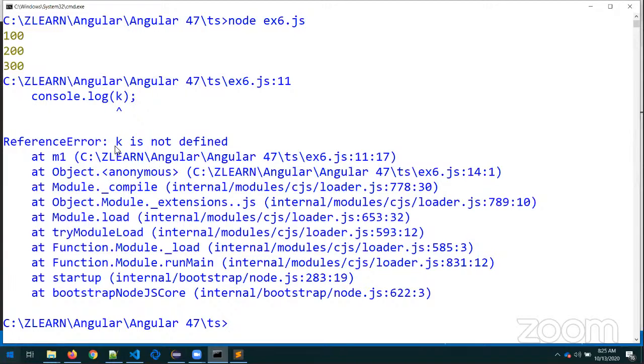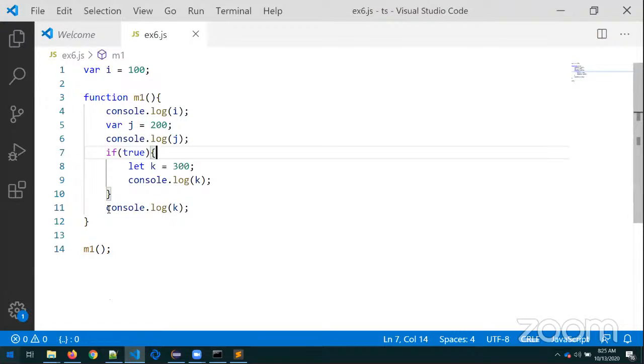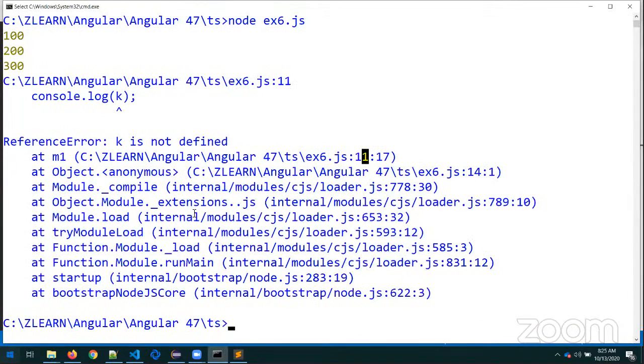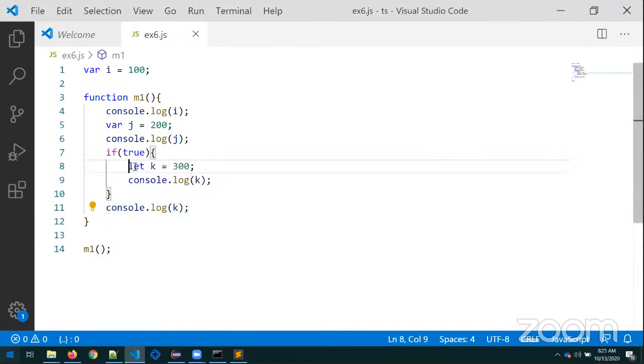So see, this is what you expected or no? At what line? 11th line. In the 11th line, can you access the K variable? You should not, sir. That is what it is telling. Why is it telling this right now? Because I defined the variable by using what keyword? Let. So by using the let, you can create